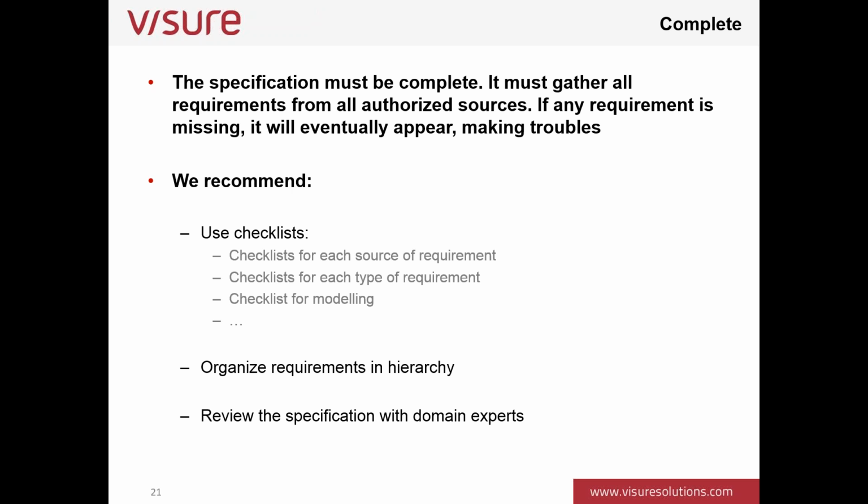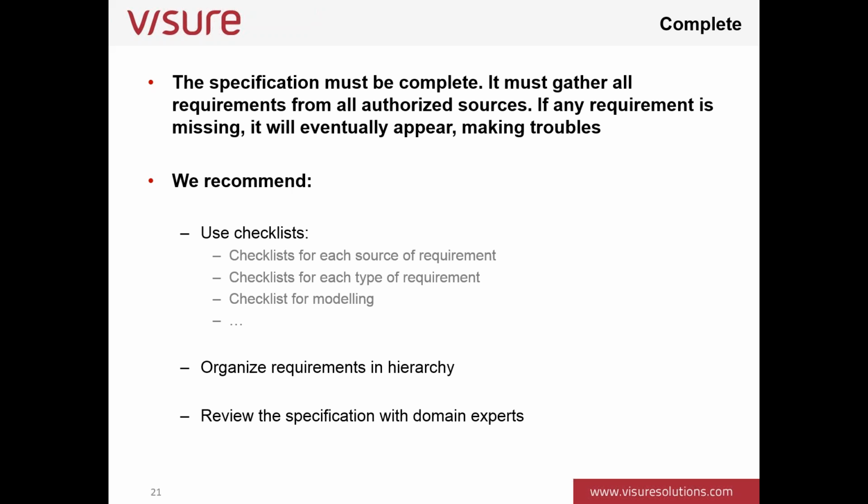Okay, so if we are missing requirements in our specification, then the system is doomed. We will eventually discover those requirements, and it's going to be really expensive to add those requirements to the specification, or we won't discover them until it's too late, and the user or the stakeholder tells us, okay, but you are missing these features, or you are missing these things here. Oh, damn it. Okay, so we recommend using checklists for that. I have talked about those checklists in previous stages, and I just remind you of them here. We should have checklists for almost everything.